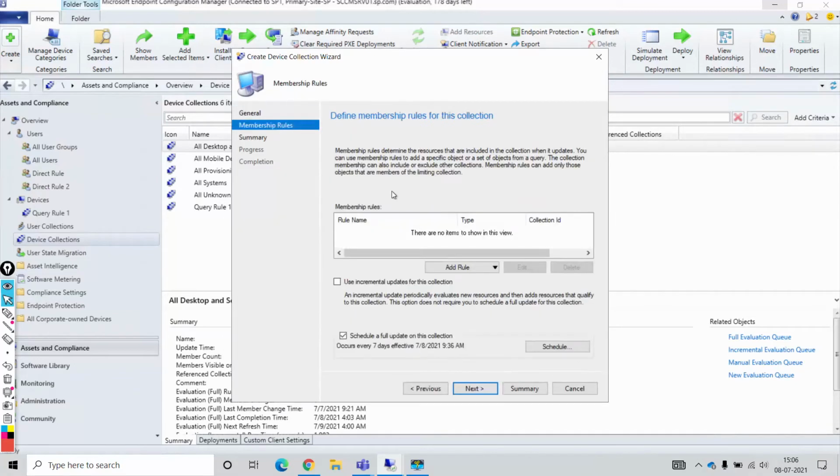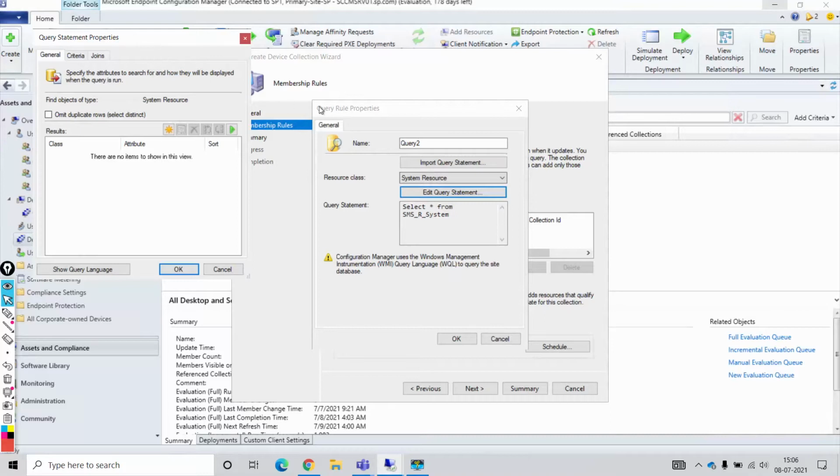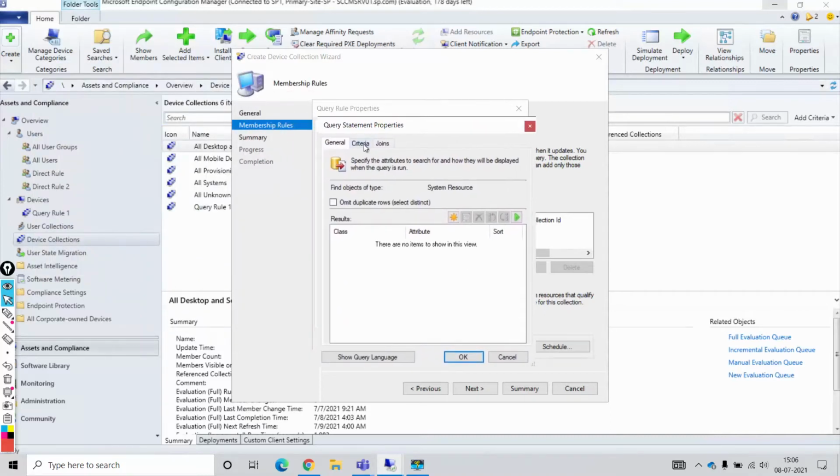Next, now I'll add a query. So I'll define query 2. I'll edit the query statement, and again I'll go to the criteria tab.